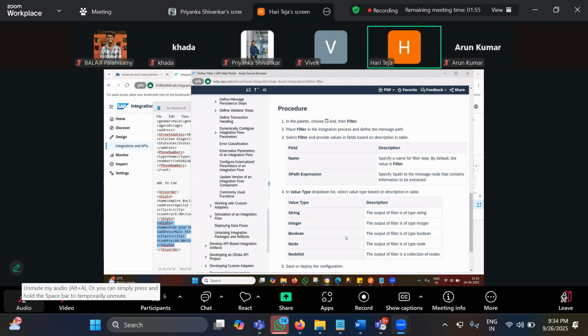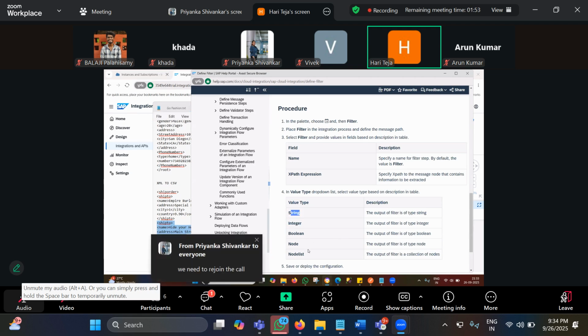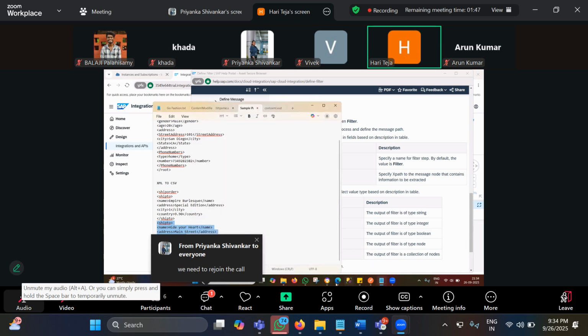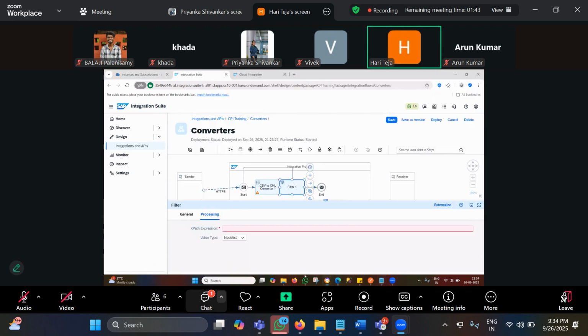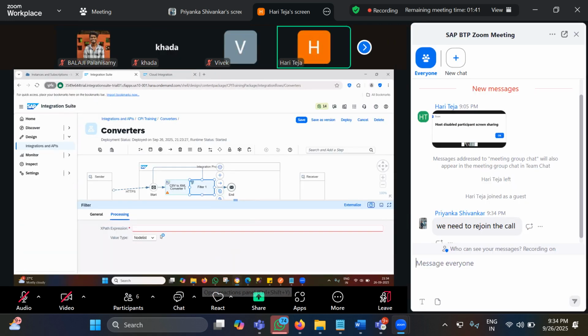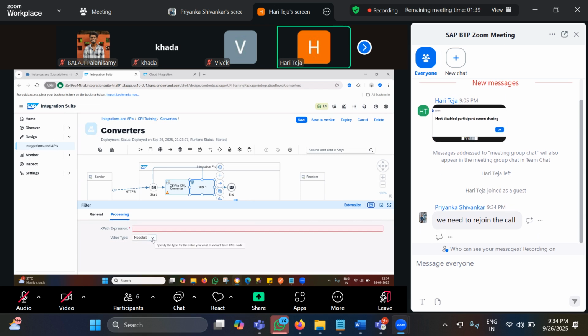If it is a string value, you can mention string. But generally we are using node list only, maximum 99%. We can filter because multiple records are there, so that is the time we use the filter option. And in the expression we need to mention the XPath expression where we need to